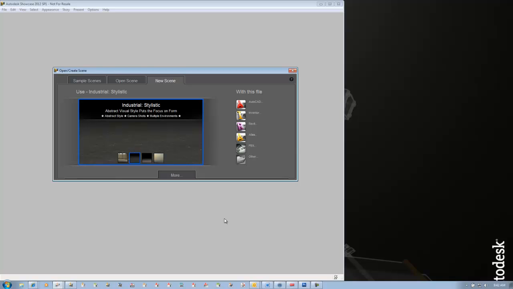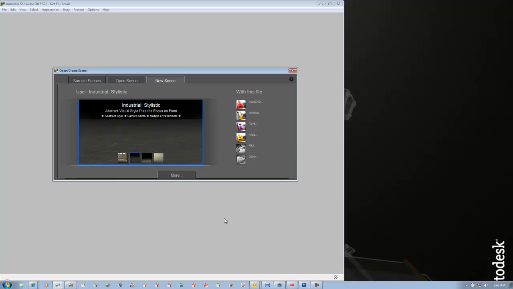Today what we're going to do is show you how we can quickly get from an Inventor-created model to a nice rendering that you saw in the previous post. To do that, we're going to use a product that comes inside a product design suite called Showcase. Showcase is a real-time rendering tool that allows you to import data from just about any CAD system out there and very easily start defining materials, environments, and colors so that you can produce images for websites, for product literature,